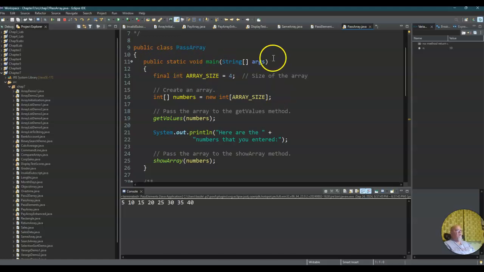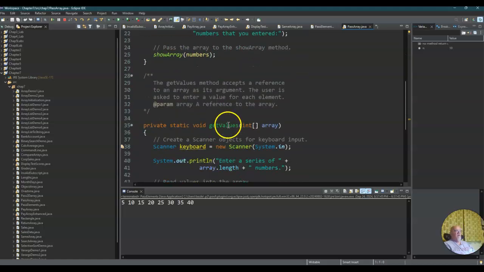So here's our public static void main. We've got our constant called array size equal 4, and I've got int numbers equals new int array size. So we create an array called numbers, and we're going to make it have 4 elements in it. I call get values. I'm going to pass numbers down to it. So I come down here,